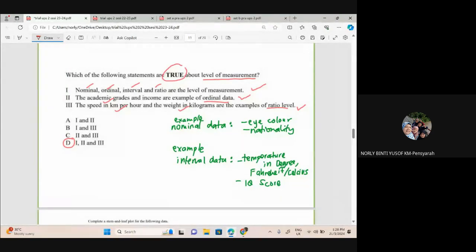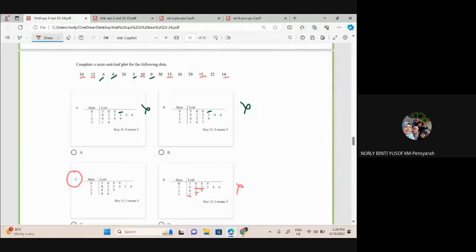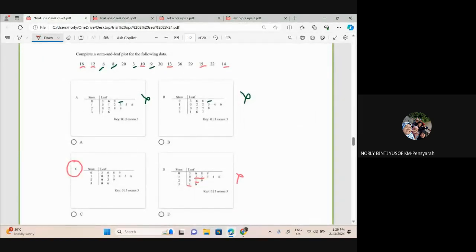Ni semua kena tahulah in case kalau keluar nominal and interval punya example. Level of measurement tu memang ada. Last sem punya pun ada. Nanti kita tengok kat trial sem lepas. Okay, and then pergi pada stem and plot. Stem and plot ni adalah direct question. So you kena susun lah as what you did manually dengan as what you did in the Excel punya digital